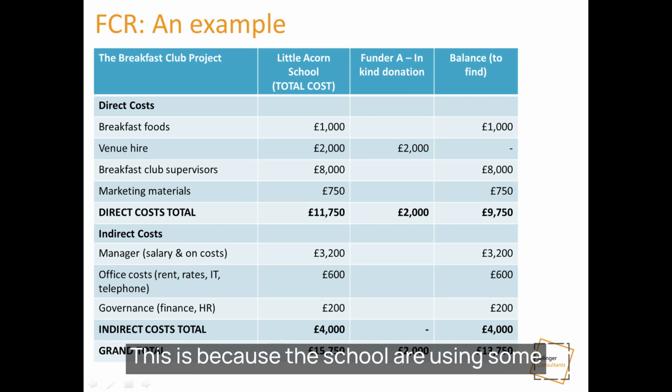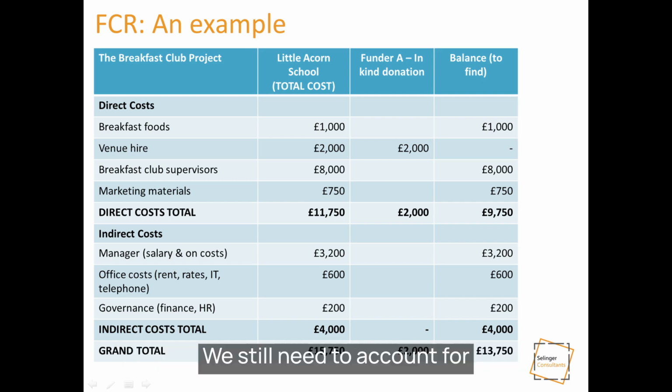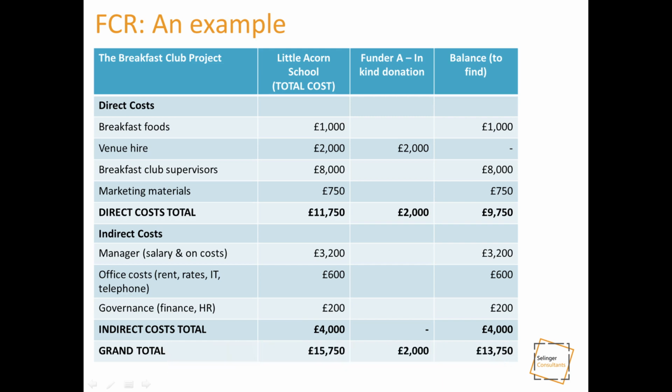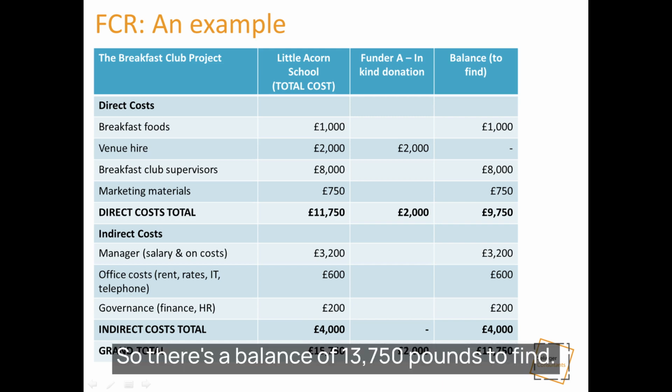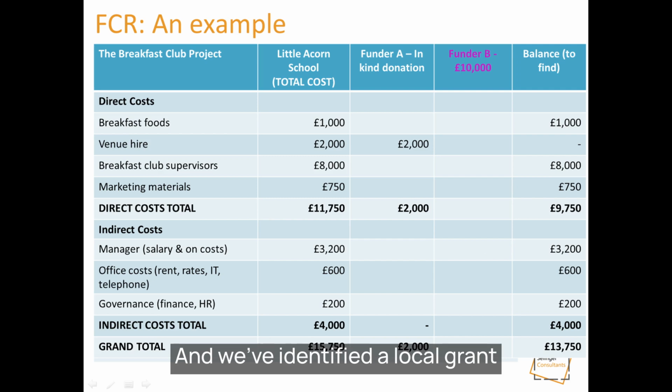As we can see, we're getting an in-kind donation towards the work in Little Acorn School. This is because the school are using some of their funding to give us the venue for free. We still need to account for this in our budget, of course, but we can show that we don't have to raise that additional money in our balance left to find column. So there's a balance of £13,750 to find, and we've identified a local grant maker who has up to £10,000 that we can use to